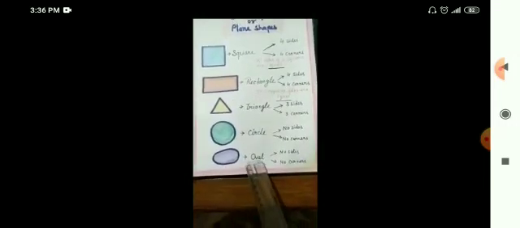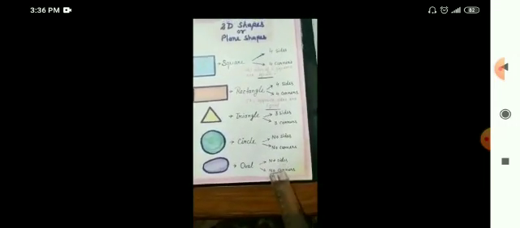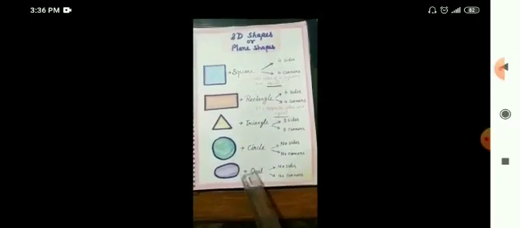This is a watch. And what is this? This is a watch dial. This is called a dial. A dial is also an example of a circle. Very good. And the last one is oval. An oval also has no sides and no corners, same as a circle. Okay. Now look at the picture. And this is an example of an oval. Balloon. What is this? Balloon. You know. This is an example of an oval. And an egg is also an example of an oval shape.